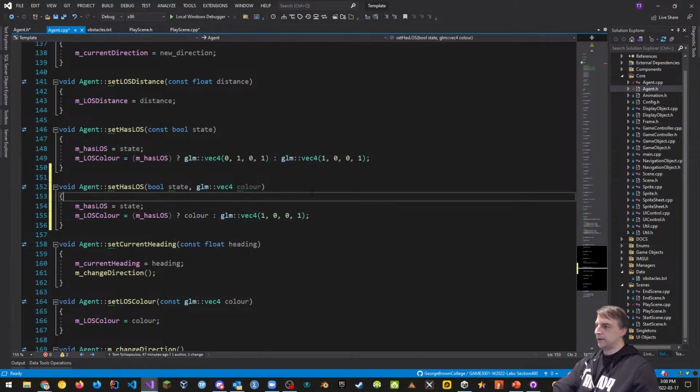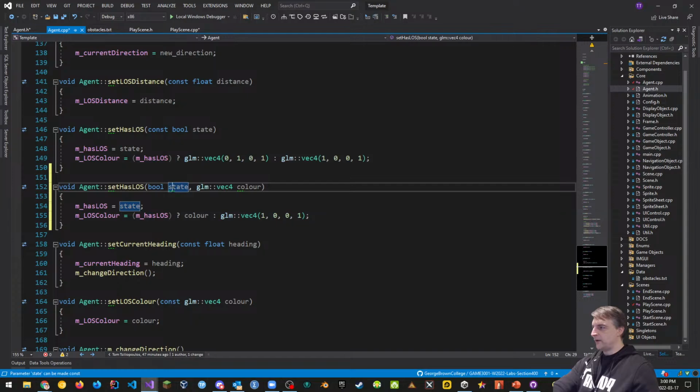So what it's saying is basically if the agent has line of sight and I pass in a color, then, and again, I could have rewritten this function. I just want to make it backwards compatible with other code reviews. That's why I've done this. Basically it's saying, let's make a state, whatever the state is, pass it in. And if I specify a color, then I'm going to use this version of the function, not this one, where I pass in the color in here instead of this generic color of green. Okay, that's what it does.